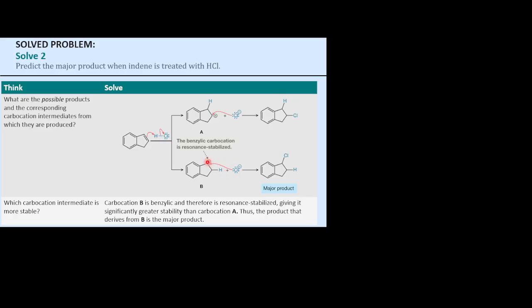It is purely a function of how fast this reaction can go. This state right here is stable enough that it can stay together long enough to get this chloride back on. Okay? This one is going to be less stable, and so it's going to struggle to get that chloride back on there. Okay?